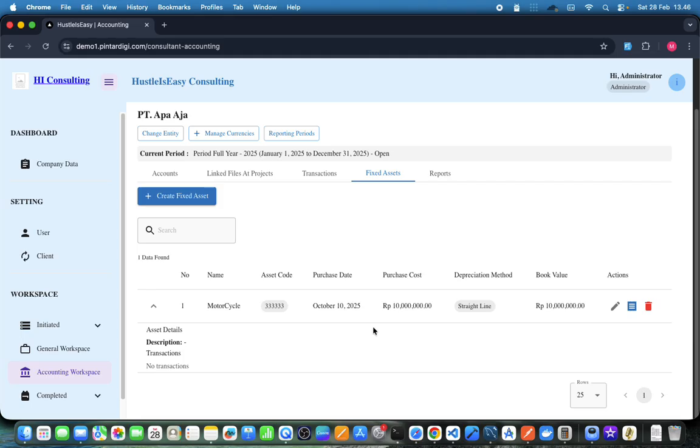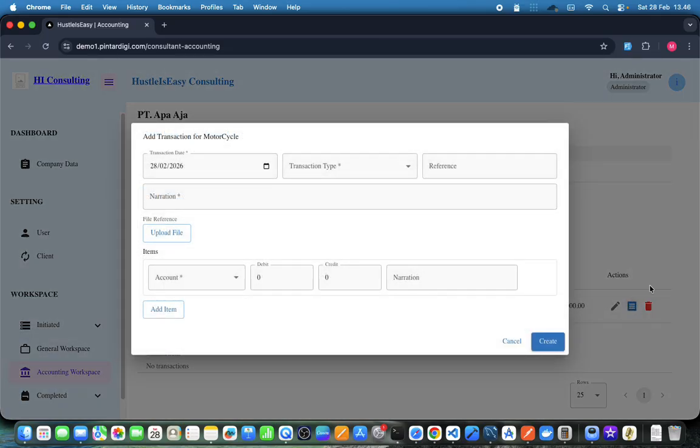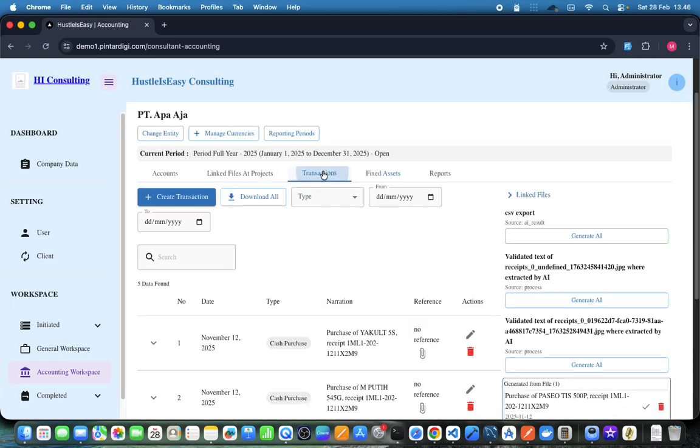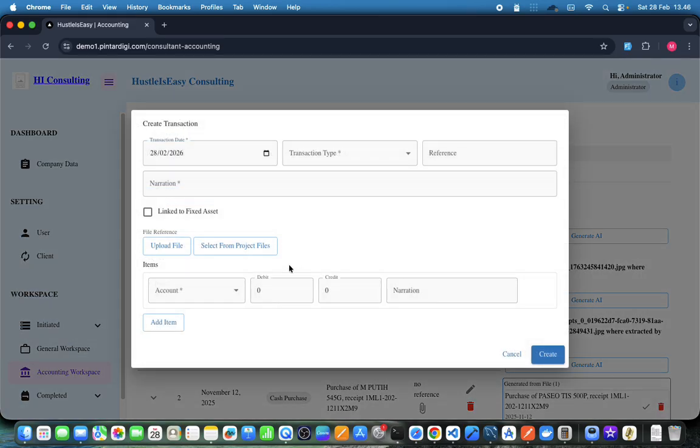From this list of Fixed Assets, you can record transactions directly here. Alternatively, you can record them in the Transaction tab, but you must link them to the relevant Fixed Asset.